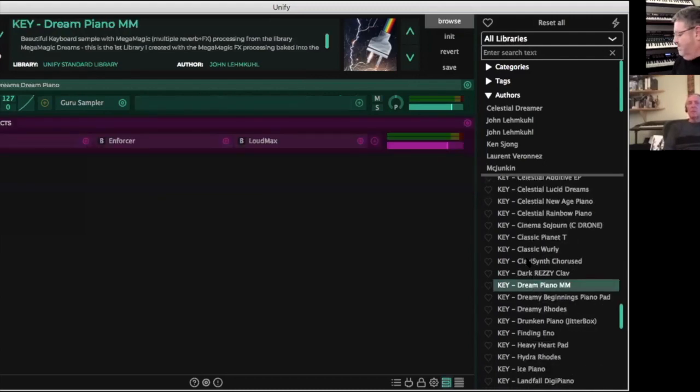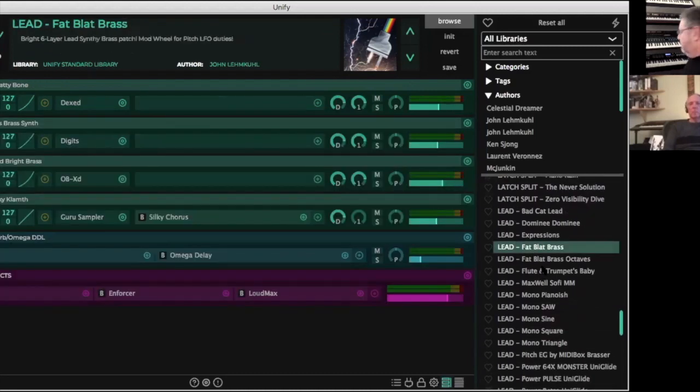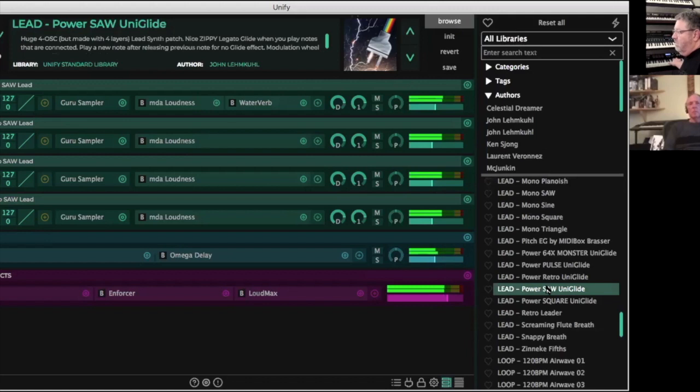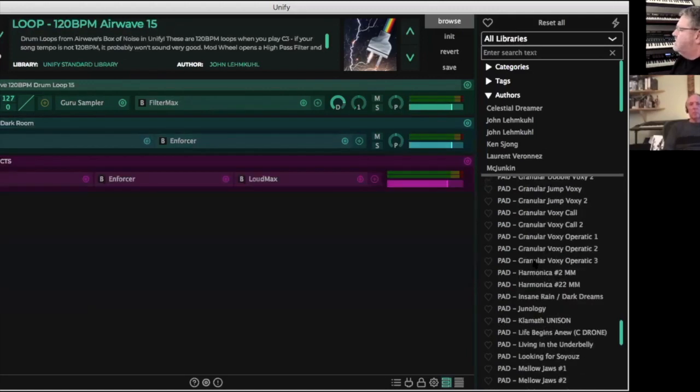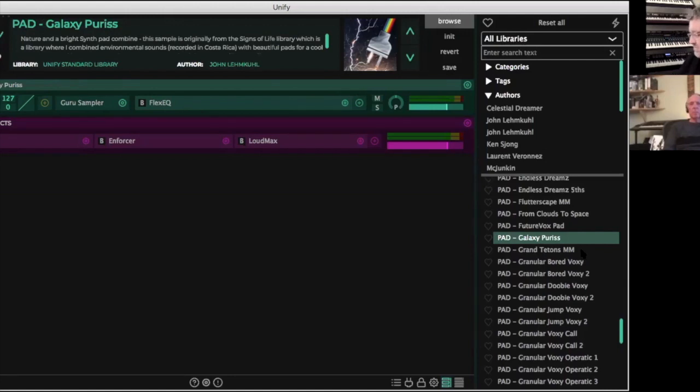Let's see here, he's got this dream piano here. It's kind of a dreamy pad kind of a thing. Down into the leads, there's some really fun stuff here in the leads. This fat black brass. And some more traditional kind of like a sawtooth lead. Let's see what else. There was a pad that really jumped out at me. Let me find this thing down here. Oh, this thing's really Galaxy Purist. So, everything from kind of punchy, traditional analog 80s synth sounds up to much more modern, kind of evolving textures